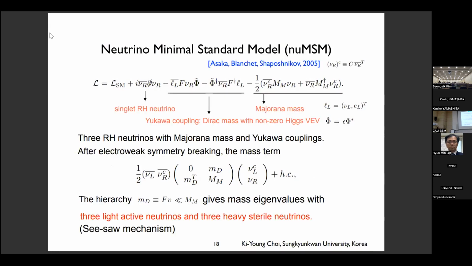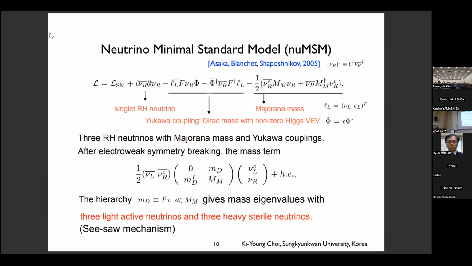The sterile neutrino is sterile, actually, in its sense. Usually in the standard model, the neutrino is massless. But we know that to explain neutrino oscillation, we need to give a mass to the neutrino. So one of the simplest ways is to introduce an additional right-handed neutrino, and the right-handed neutrino is a singlet, so usually it can have this Majorana mass.